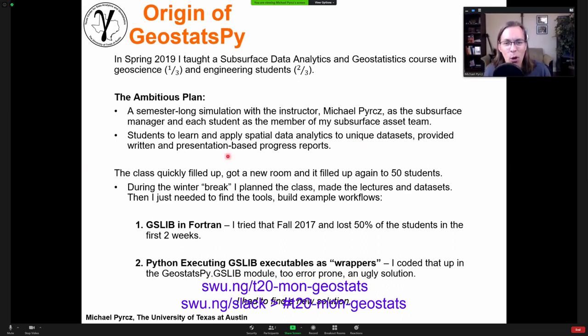Now, I was excited about this. And there was some buzz around the class. The class filled up quickly. I got a new room. It filled up immediately. There were 50 students, and over winter break, I was putting the final touches on the course. I had all the content. What I needed was some tools and example workflows to guide the students so they could get the